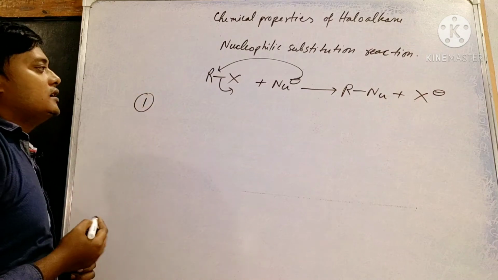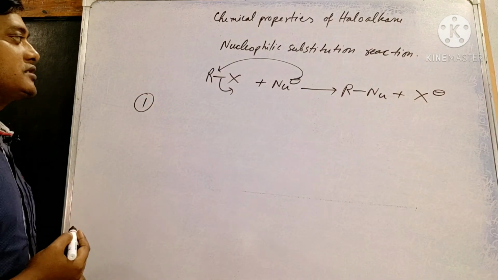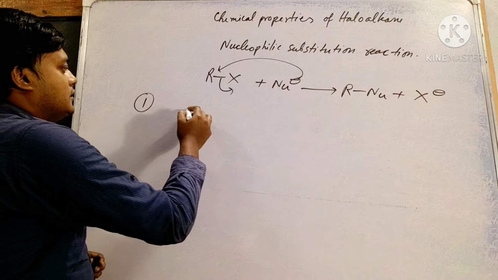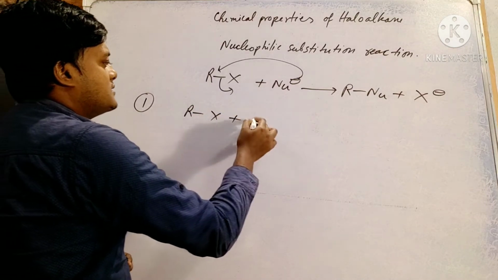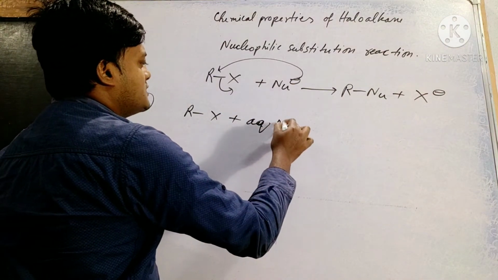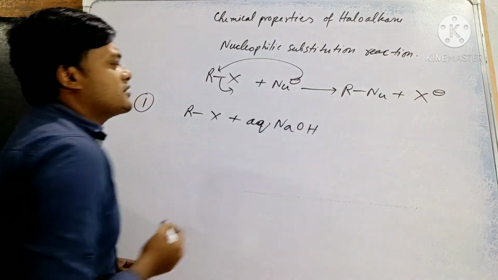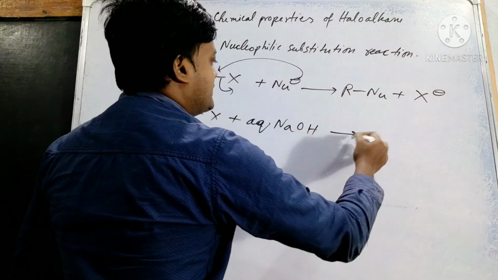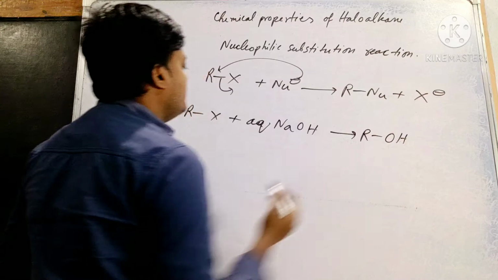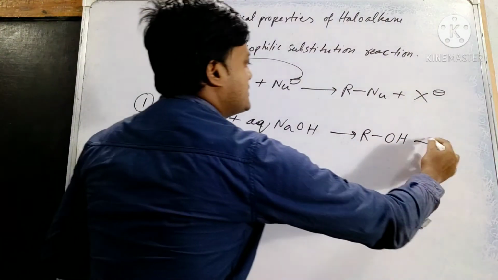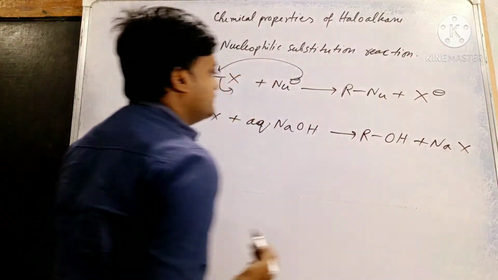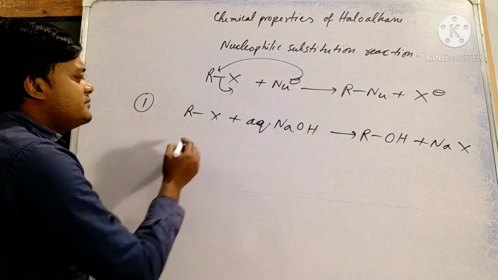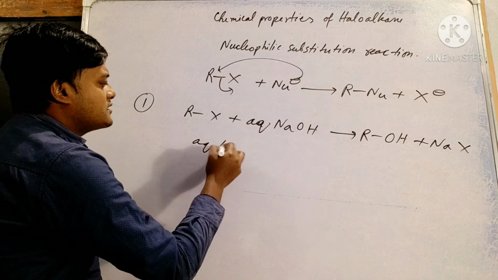First one, replacement by hydroxyl group. Now RX plus aqueous NaOH or aqueous KOH. What will be the product? Alcohol ROH plus NaX. So always remember, aqueous KOH